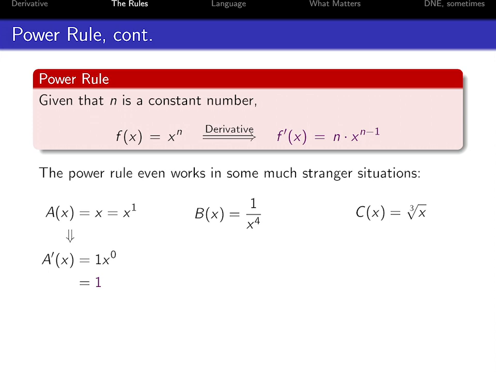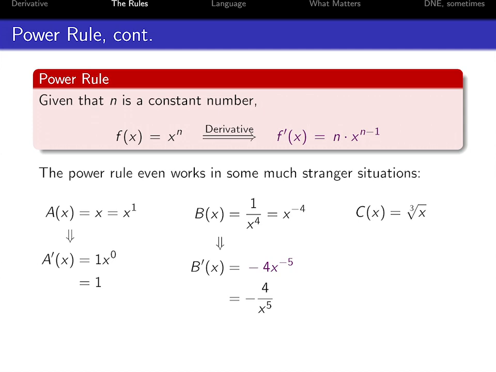All right, b of x equals 1 over x to the 4th. Well, once again, we don't have a direct x to the n, right? It's got an x to the 4, but it's on the bottom of a fraction. But because it's on the bottom of a fraction, we could flip it to the top as x to the negative 4, right? x to the negative 4, no longer in a fraction, so we're now following that structure of the power rule. So we bring down the negative 4 and we subtract 1. Notice that we're not reducing the value to negative 3, we're actually subtracting 1. Negative 4 times x to the negative 5,